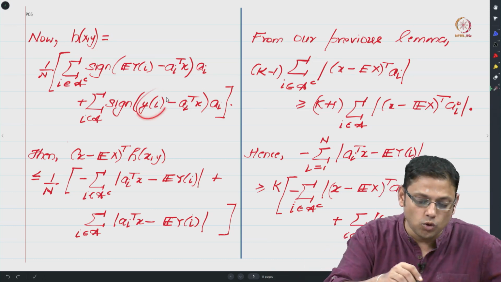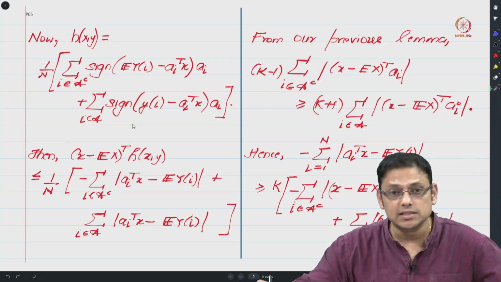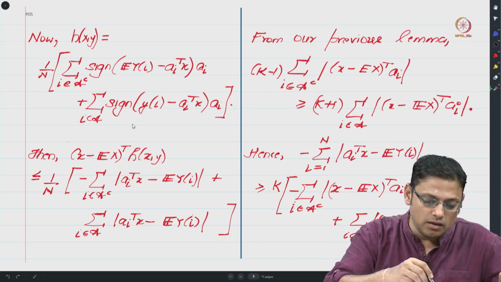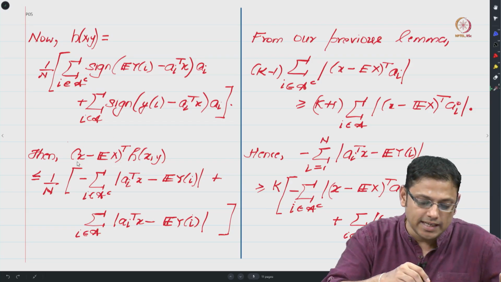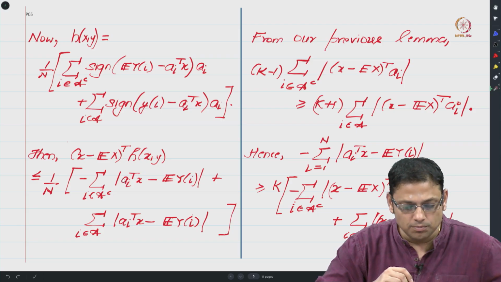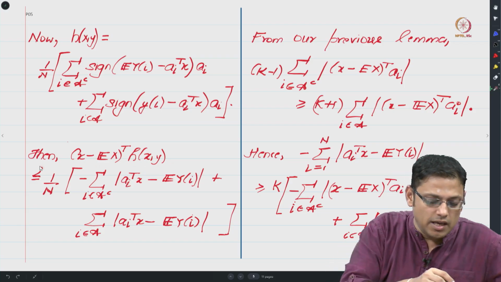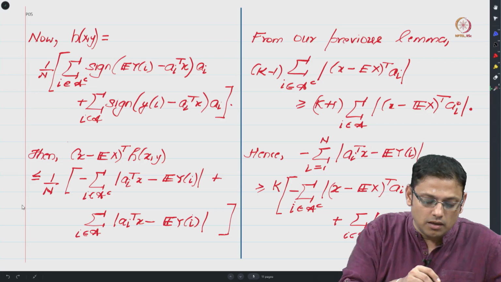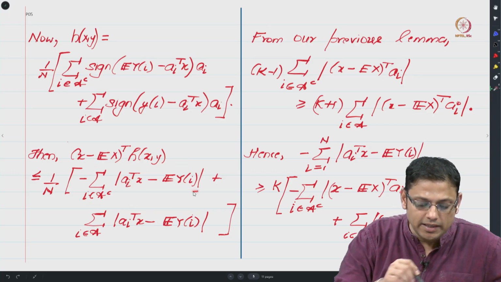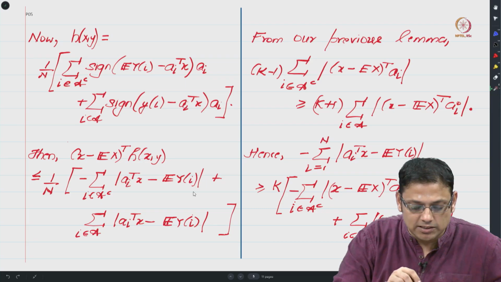In particular, it is controlled by the value of y_i, which is given by your adversaries, right. So now if you take the inner product of x minus expected value of x transpose h of x,y, right, in one of our previous classes we had shown that this expression is upper bounded by minus of sum of i in A complement, the absolute value of a_i transpose x minus expected value of y_i, right, and